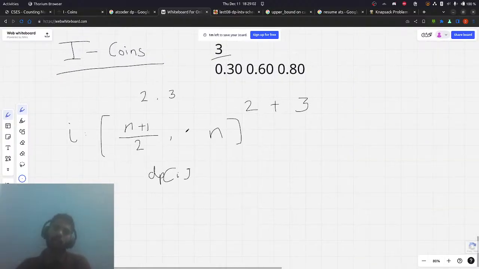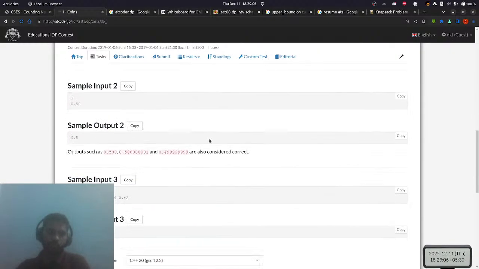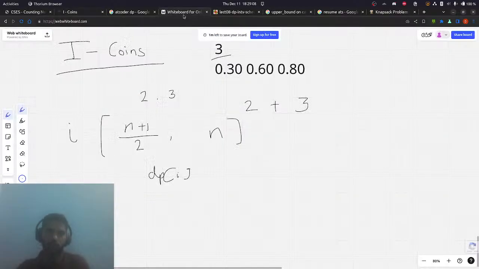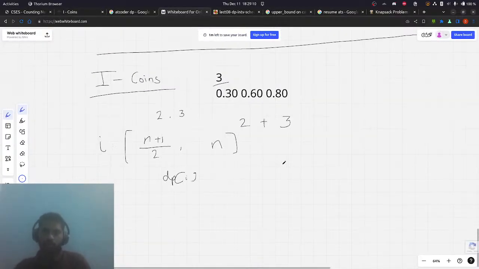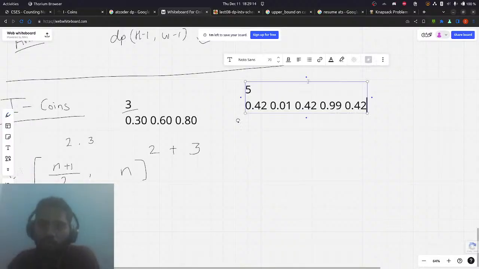That is what I'm thinking. So let's take a good example like this. Let's say we have this one here, and this is 5, so we'll be running the loop from 3